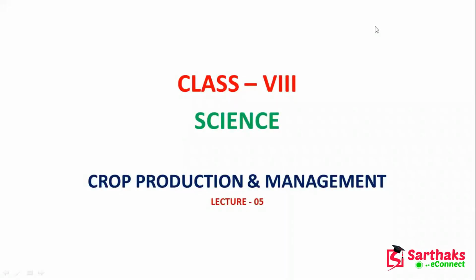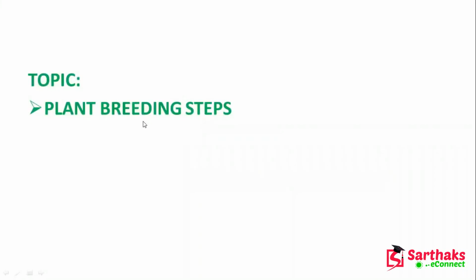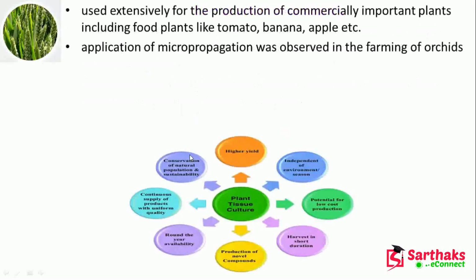Hello students. So in the chapter crop production and management, we have studied a lot of things. Now in lecture 5, whatever we will study, that is the plant breeding steps. So what are the steps we are following to breed, to create new plants of our desired characteristics? Okay. So here, first thing,